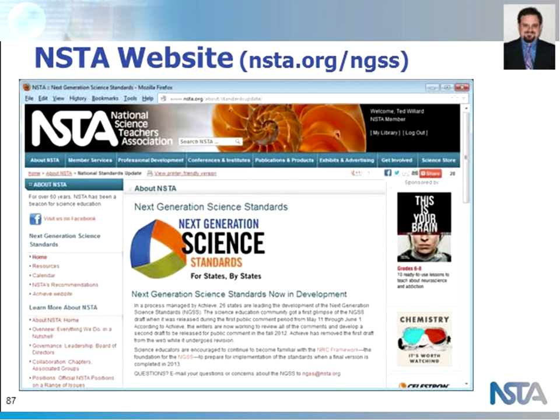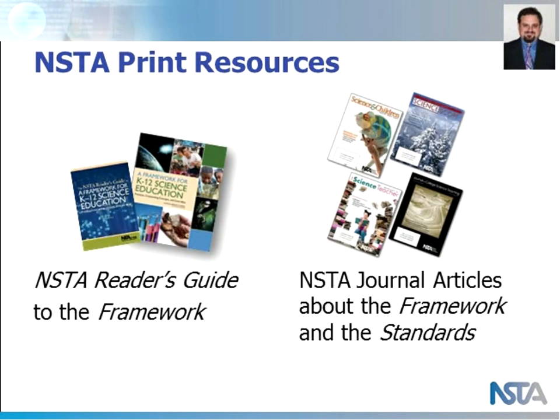And so we will also have here some other materials that are useful, things that NSTA has pulled together. We've mentioned the framework. I would also like to mention the Reader's Guide to the Framework. This is something that Harold did some work to put together as a guide to help educators get a sense of the framework, because it can seem very overwhelming when you look at it first.